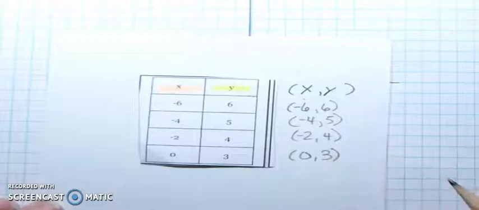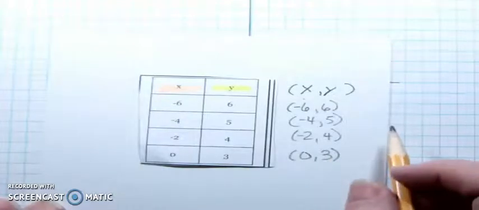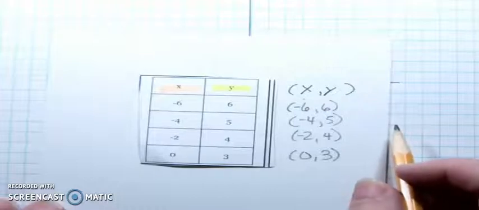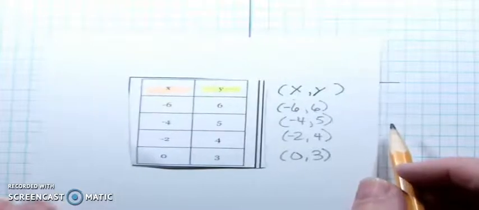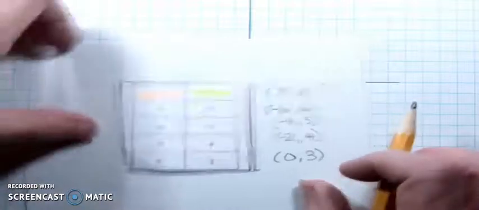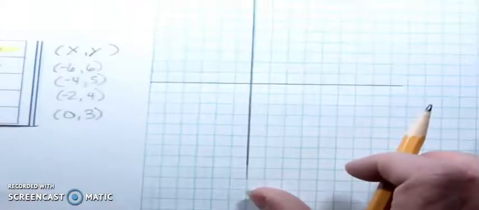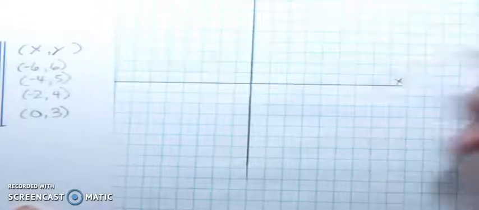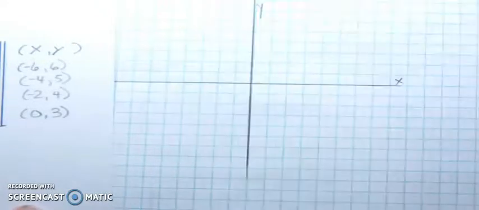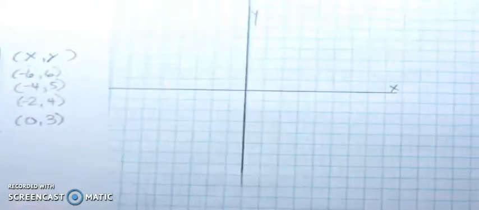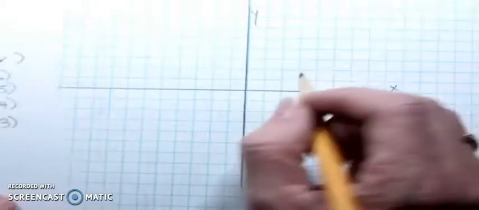Okay? So what I'm going to do right now is I'm going to go ahead and plot these points on a graph, and then I'm going to identify the y-axis. So I have a graph here that I've drawn. The first thing I'm going to do is label my axes. This is x, this is y, okay, y and x, and I'm going to plot my